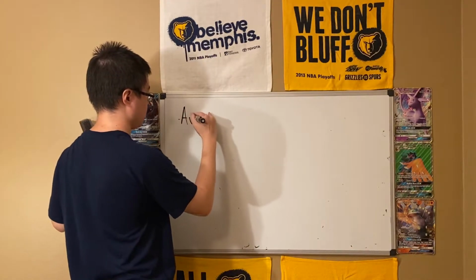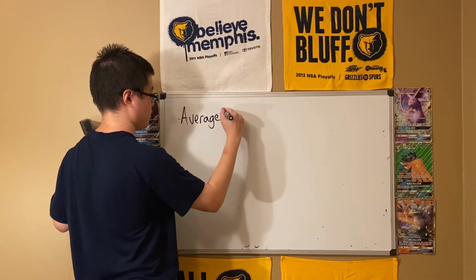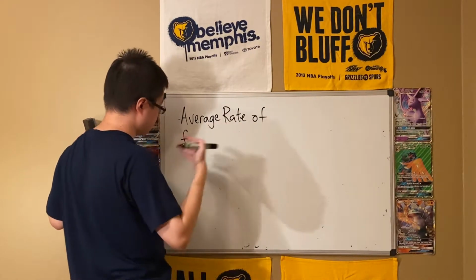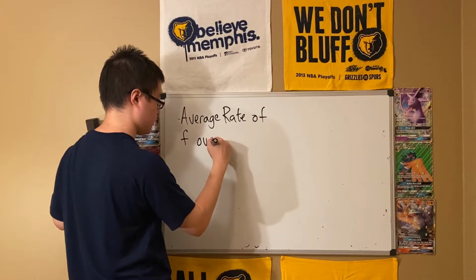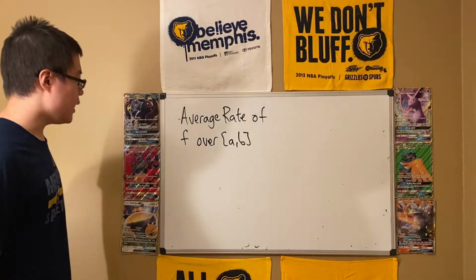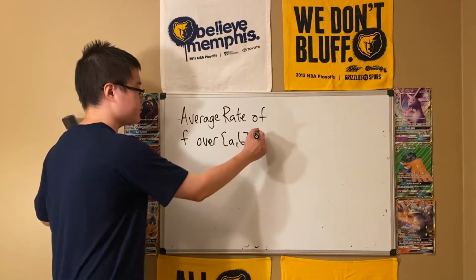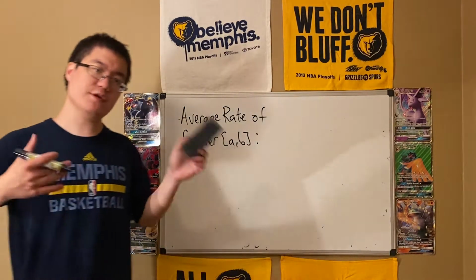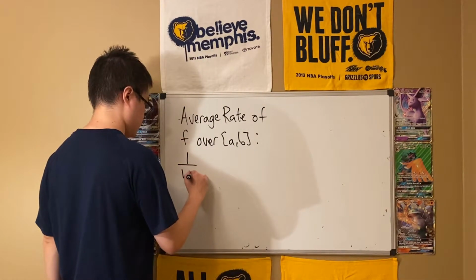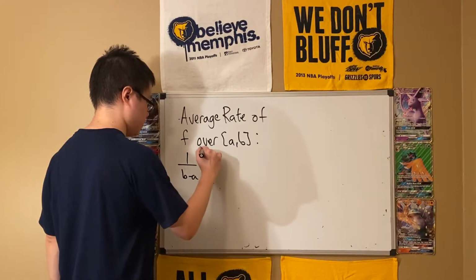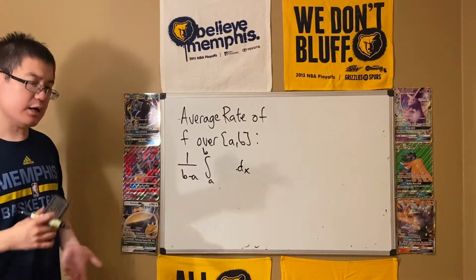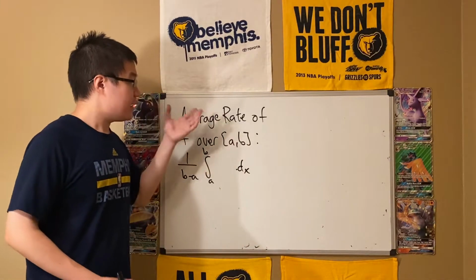So average rate of f, it's still going to be over an interval, and there's going to be two formulas. And that's why it's a little bit tricky. So the first formula comes from the previous formula. So it's going to look pretty similar. It's going to be 1 over b minus a, the integral from a to b, dx here. If we put f of x, that again was average value of f, but average rate